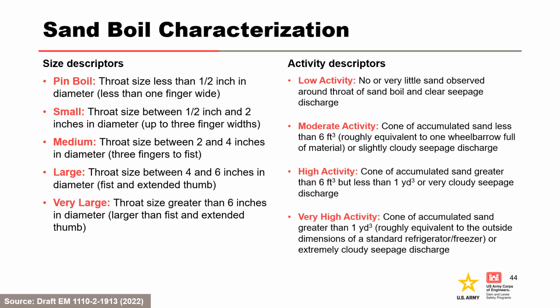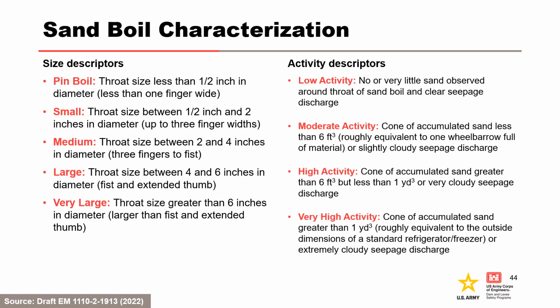The previous slide illustrated not all sand boils are bad. Sand boil observations should be differentiated by size. The size of the sand boil should be measured both by the diameter of the sand boil throat and by the amount of material that is being deposited on the surface. These are direct indicators of backward erosion piping. Therefore, guidance to standardize sand boil descriptions has been included in Draft Engineer Manual